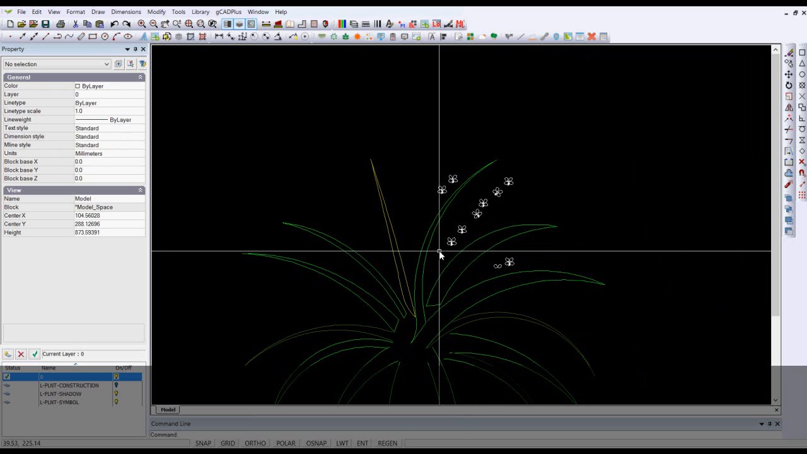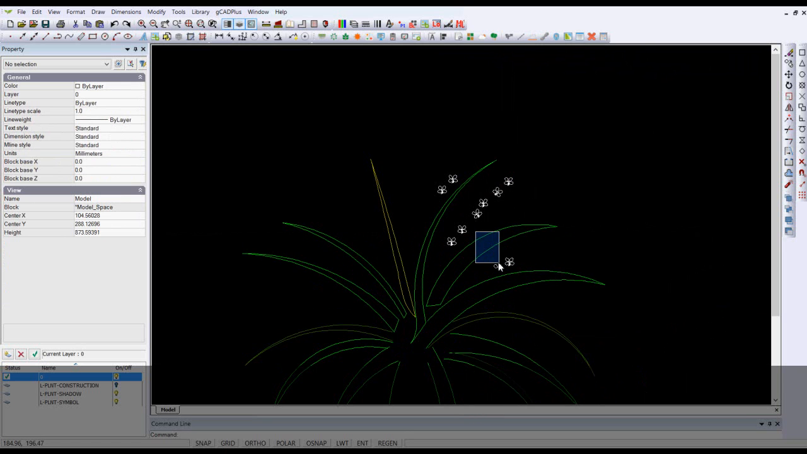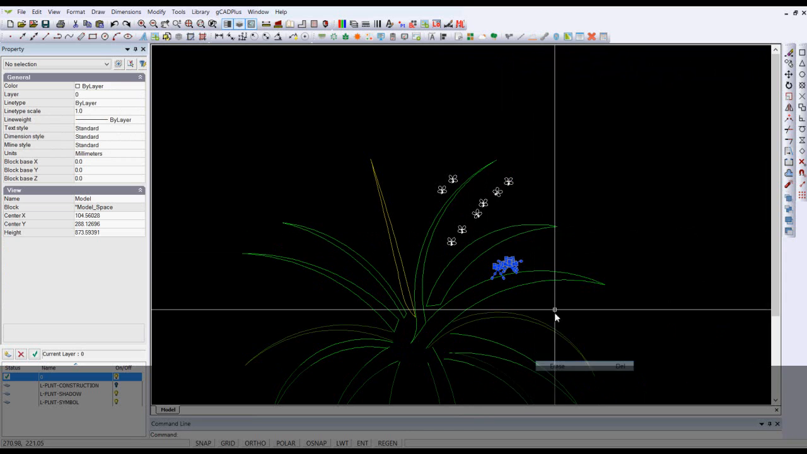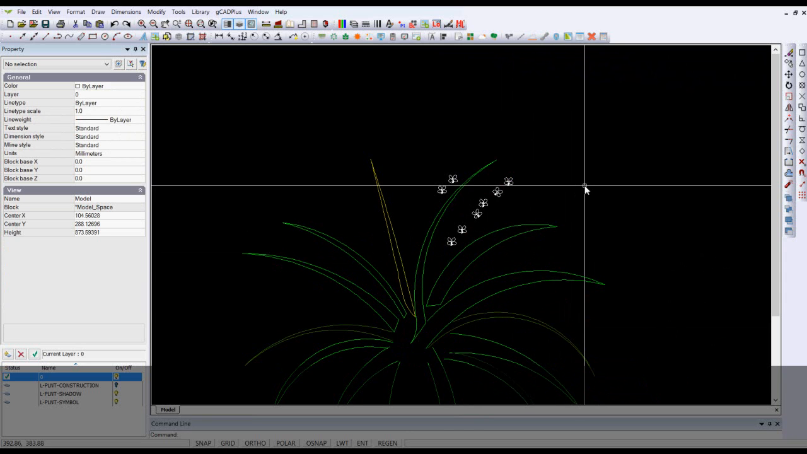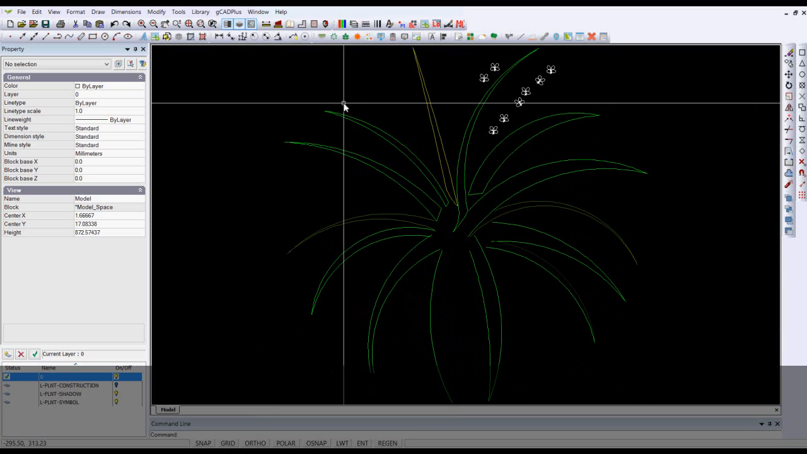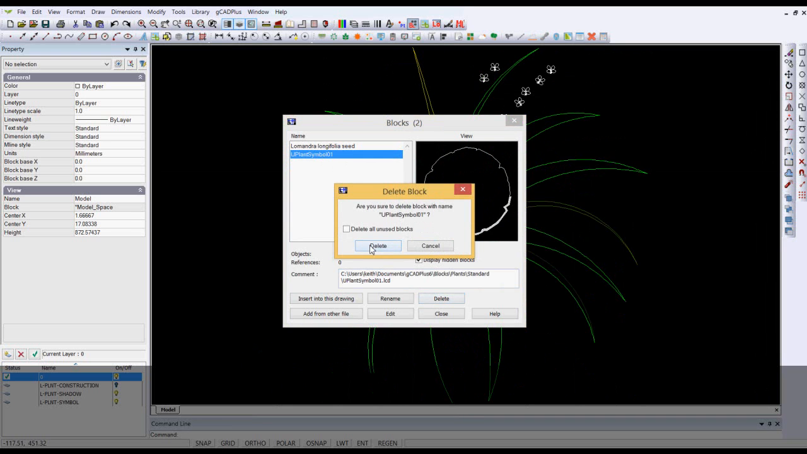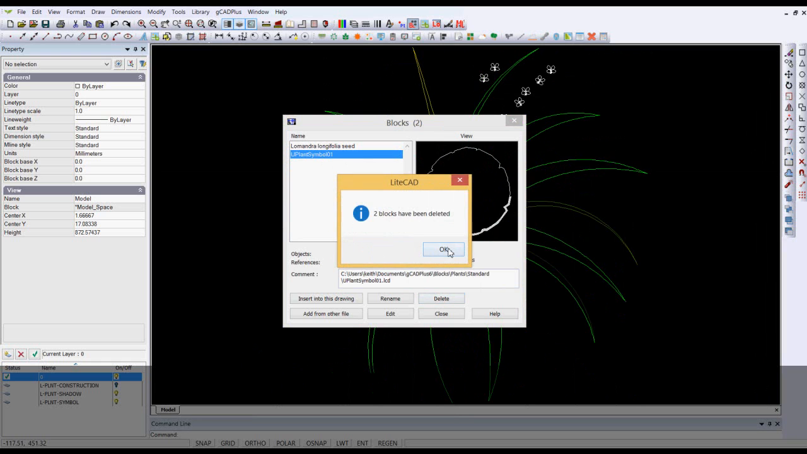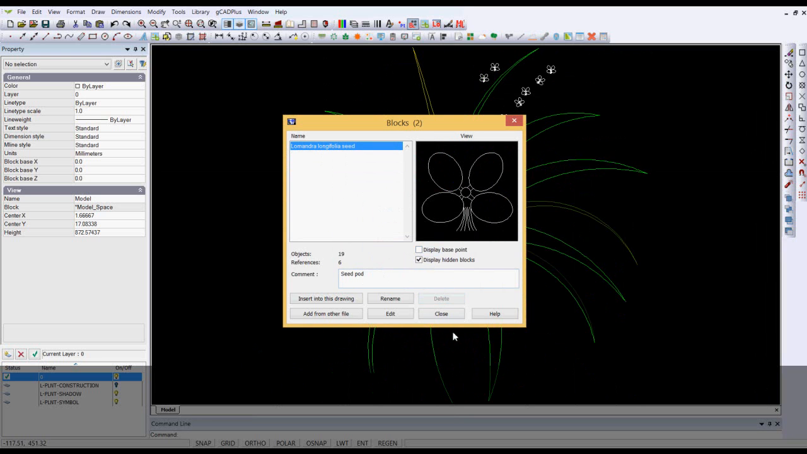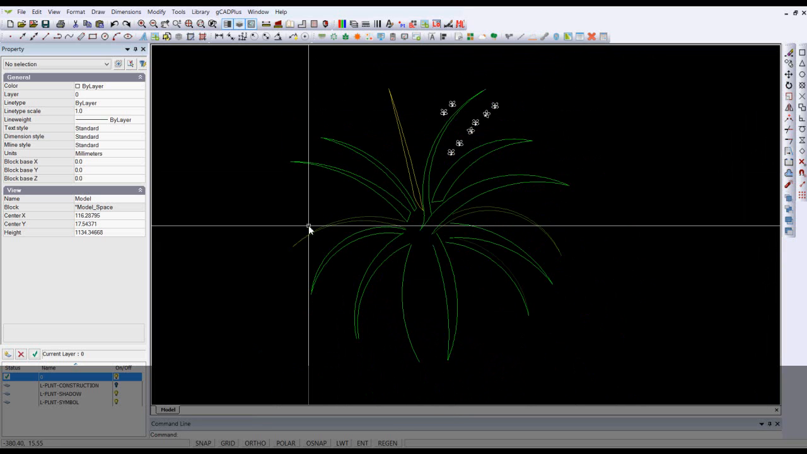I'll stop at that point and we'll assume that they've all been done, and we're now in a position to save the symbol. I'll right click and zoom extents. I brought in an extra block, you remember, so I'll go to the blocks here, and we don't want that one, so we delete it, and we'll say delete all unused blocks, and all the unused blocks have been removed, and we can close. So now we have, if we save,